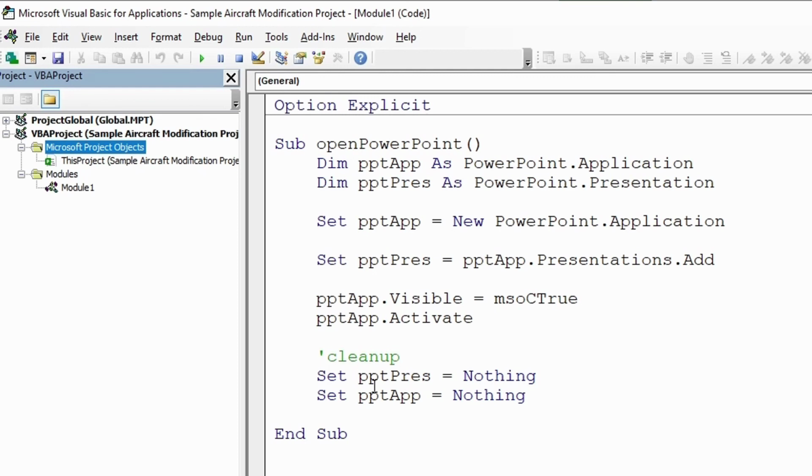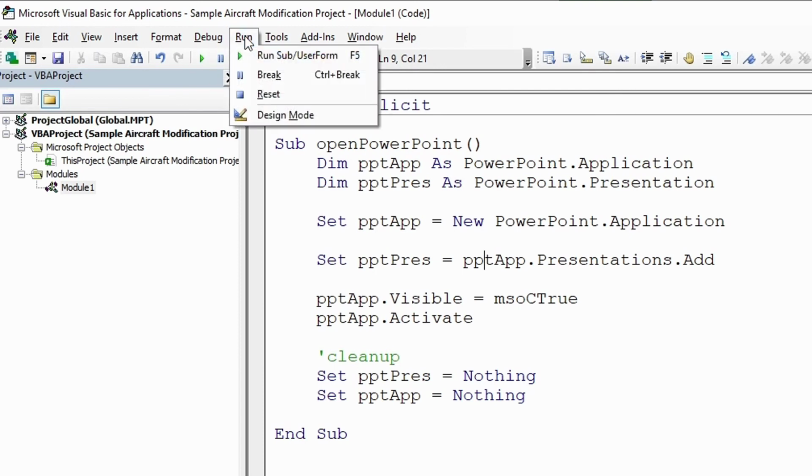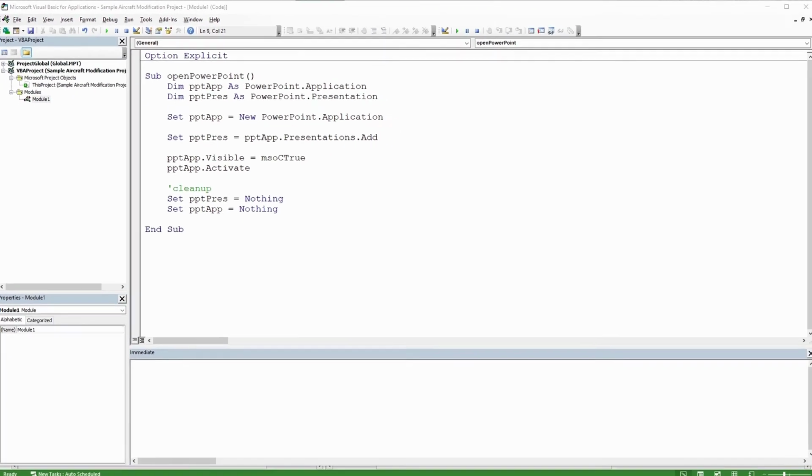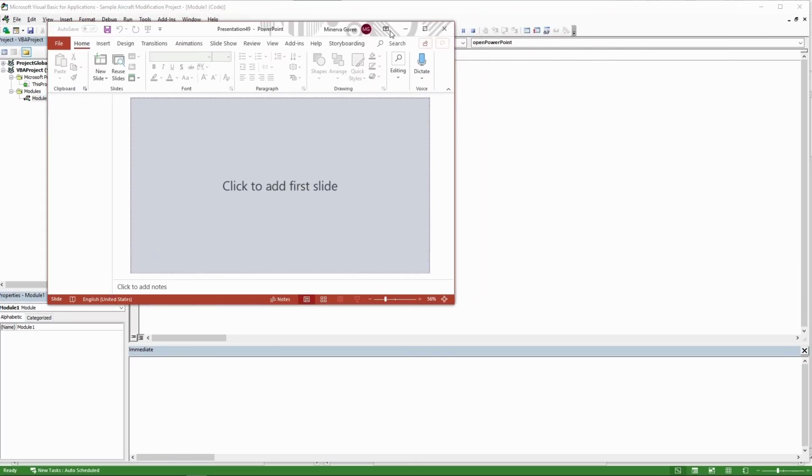Now that we have saved it, we can run the code. We make sure that we are clicked in here in our subroutine before we run it. We can go up here to our standard bar and click on this Run button, this green triangle, or we can go to Run in this menu, open it up and hit Run, or also you can use F5 to run it. So I'm just going to run it right here, click on Run, and on my other screen I got this